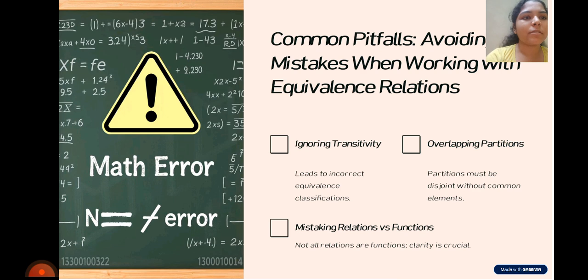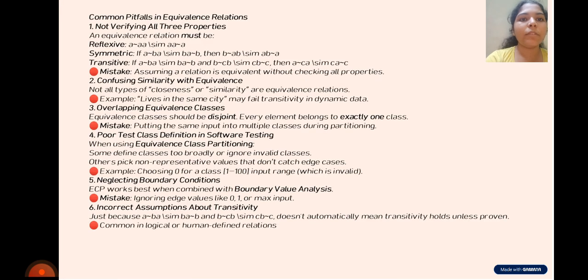Common pitfalls: avoiding mistakes when working with equivalence relations. Ignoring transitivity leads to incorrect equivalence classification. Overlapping partitions: partitions must be disjoint without common elements. Mistaking relations for functions: not all relations are functions. Clarity is crucial. A common pitfall in equivalence relations is not verifying all three properties, as an equivalence relation must